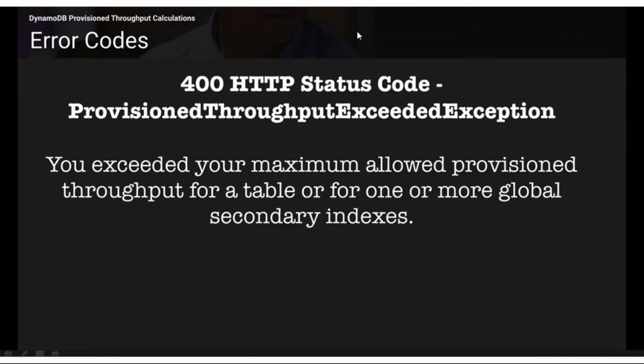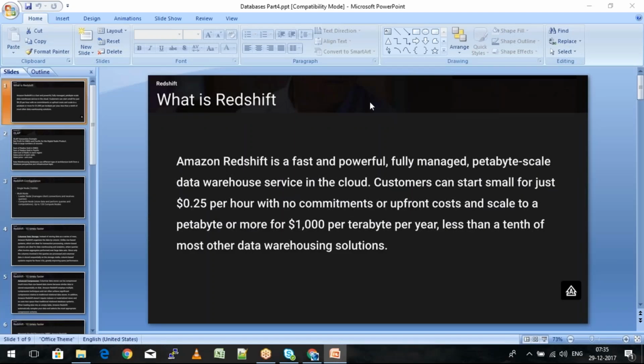The next part of the topic that we are going to discuss is Redshift. So with this, we complete a couple of things in the database section, that is RDS as well as DynamoDB. Of course, in RDS, there is one more thing that we are going to look forward to, that is Aurora DB and its specialties. So for now, we move ahead to the next part, that is Redshift.